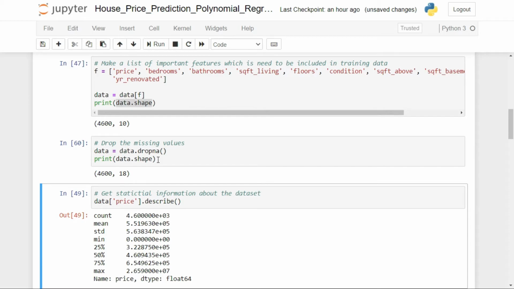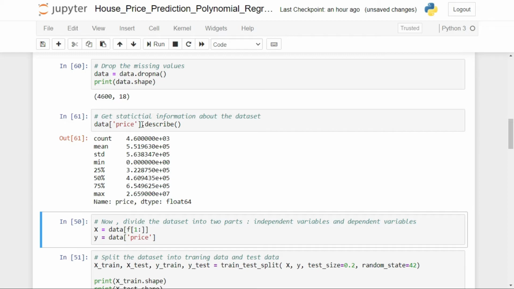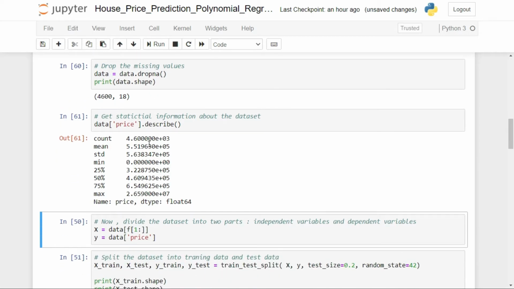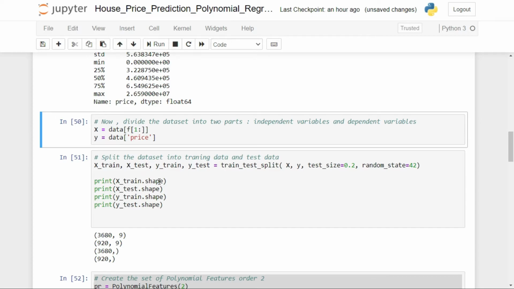Now I'm going to print the statistical summary of the dataset. We have all seen this statistical summary, and dropping and dealing with missing values, in the last videos of pandas and when I created the video for linear regression. So the main focus of this video is to get the Python code for polynomial regression, so let's move forward to that code only.